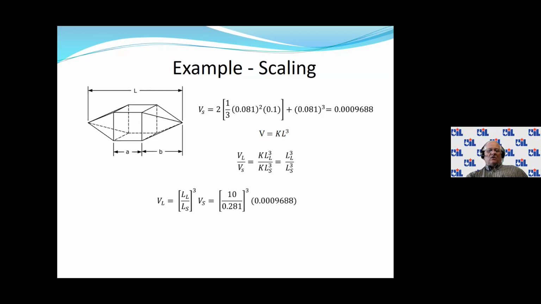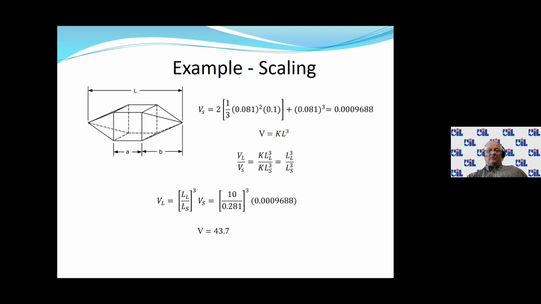And so what I can do then is rewrite this, solving for V large by moving V small over to the other side. I calculated V small up above. It's 0.0938. L large is 10, L small was 0.281, and I cube the ratio, and I come up with 43.7. I don't have to mess with calculating the constant of proportionality, because the constant of proportionality cancels out when I